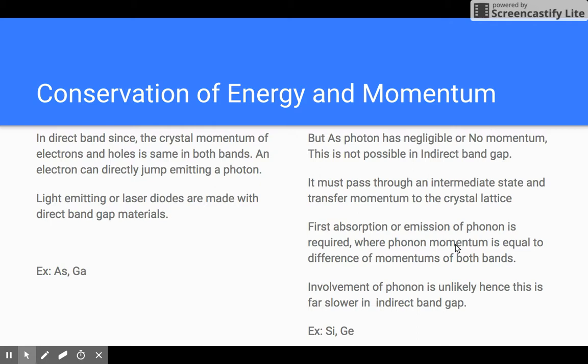Whereas in an indirect band gap semiconductor, a photon can be emitted because the electron, a photon